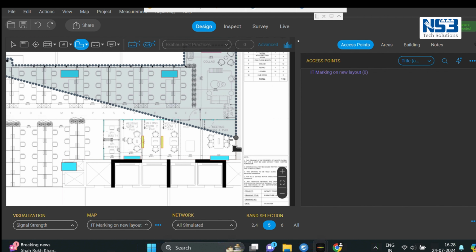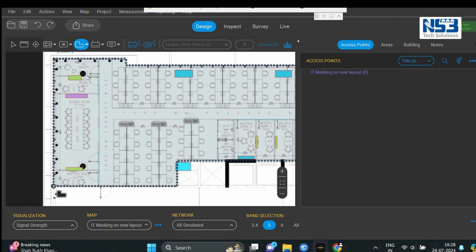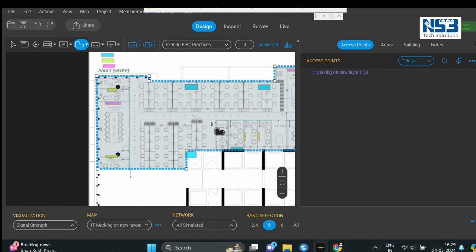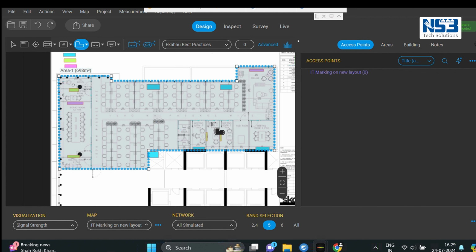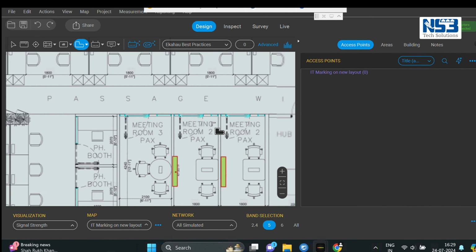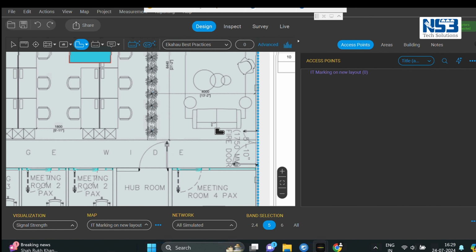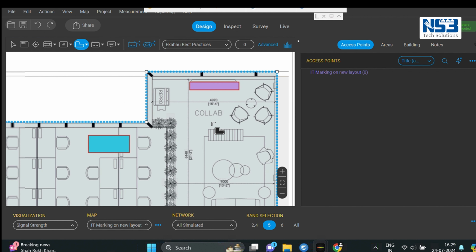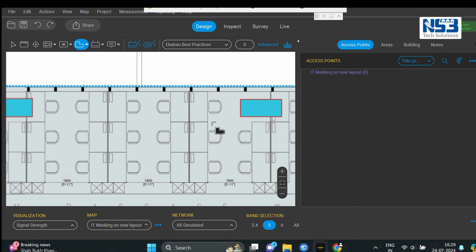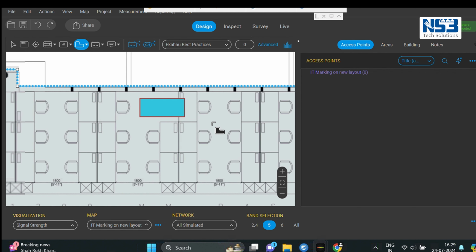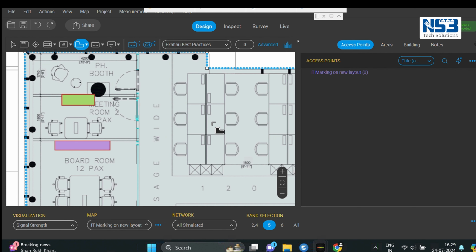Additional information for this tool is that you not only can import the PDF file, it can also import all the tools such as AutoCAD files, any file having proper dimensions, which might be used by civil engineers or architects. So if you look closely, you can just zoom in and check if the boundary is covered.